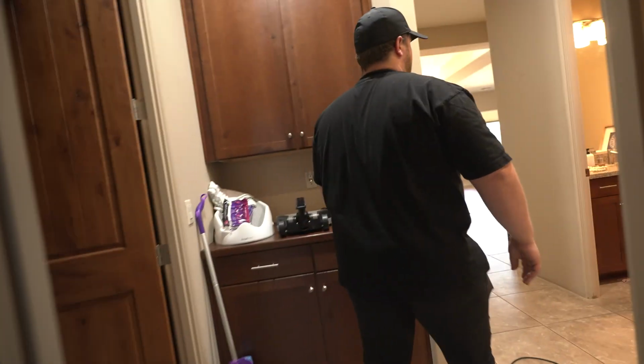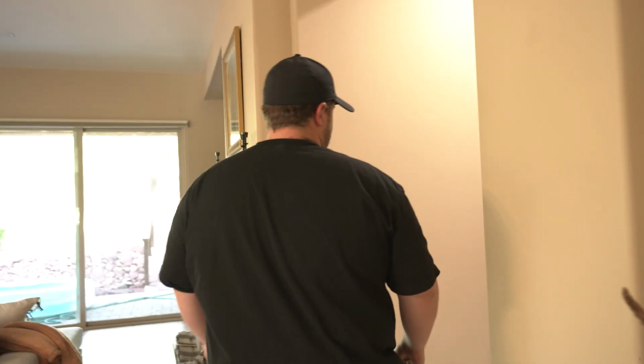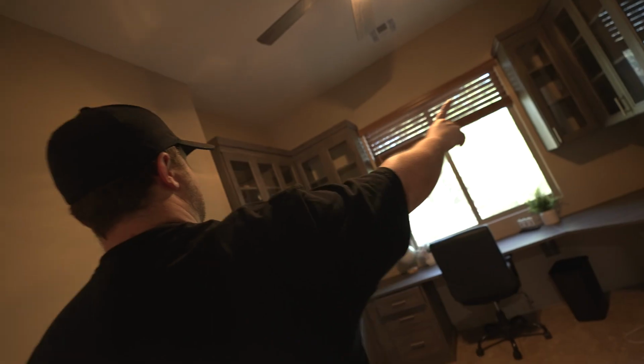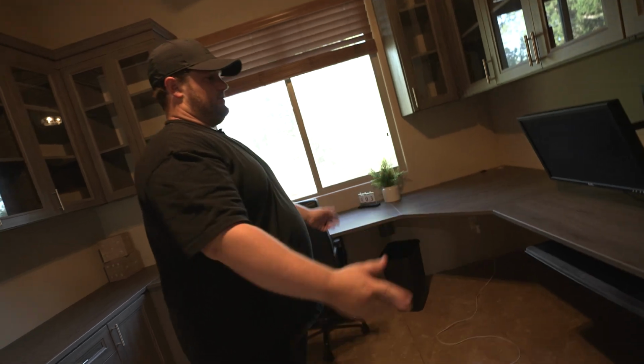We got a 3-car garage, full laundry room. That's pretty sick. It's just a laundry room. I'm not gonna show you guys that. But ultimately, here's the office. So you can see, this is really sick. The previous owner left these, so I don't think we're actually gonna use them. The idea is we're gonna put the bunk beds here,